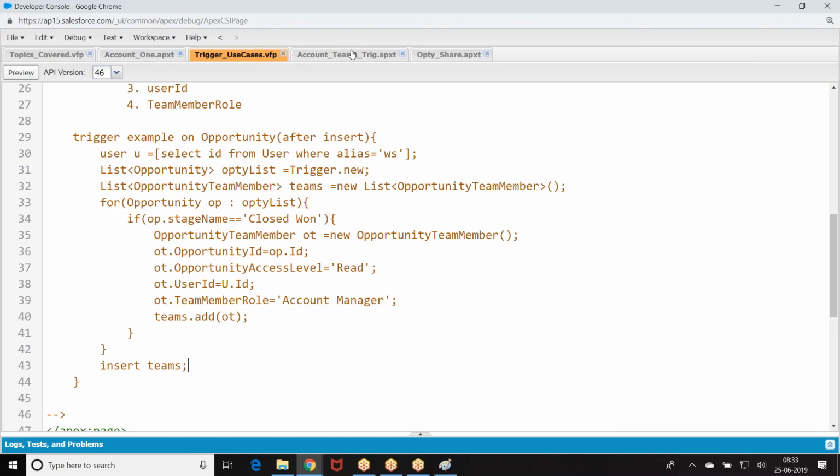Trigger is a syntax, batch is a syntax, but internal logic is defined with list, set, map. So practice more on that, and you get strong knowledge and development. Right, boss? Chalo. That's all from my end for the day.